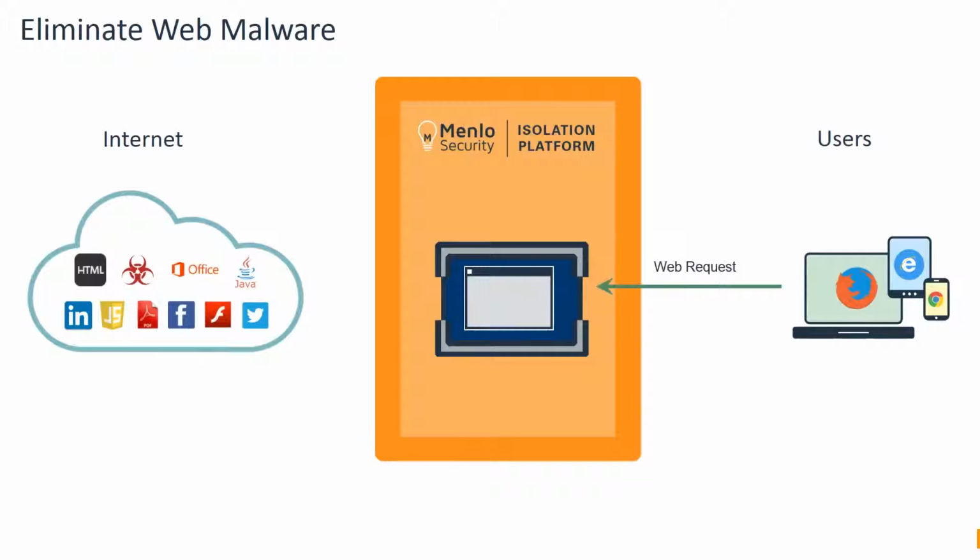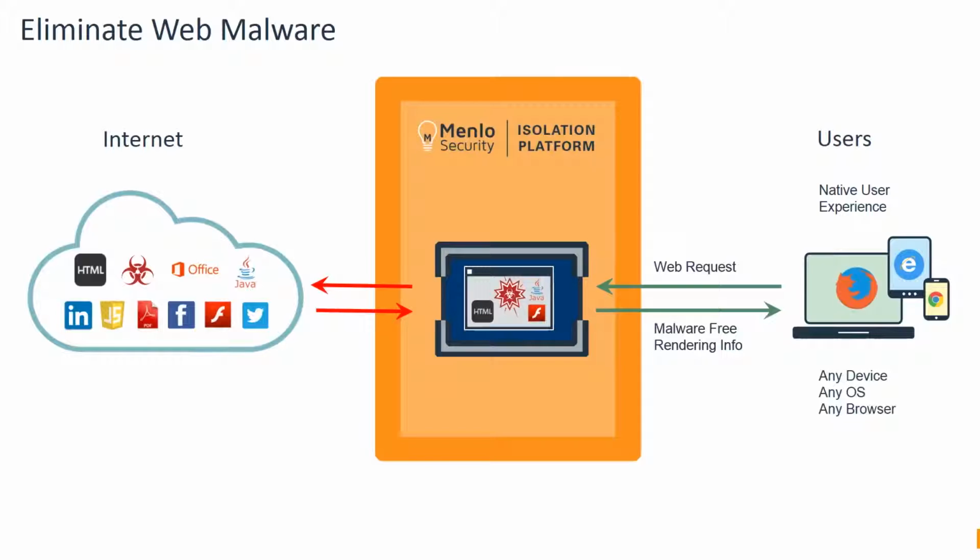Anytime a user clicks on a web link or types a URL into their browser, their web request is proxied into the isolation platform, which browses the web on the user's behalf. It fetches the content and fully executes the user's web session. Only the rendering information, which is 100% safe, is sent to the user's device into their native browser without any need for endpoint software or plugins. All of the content from the web, good or bad, remains within the isolation platform and never reaches the end